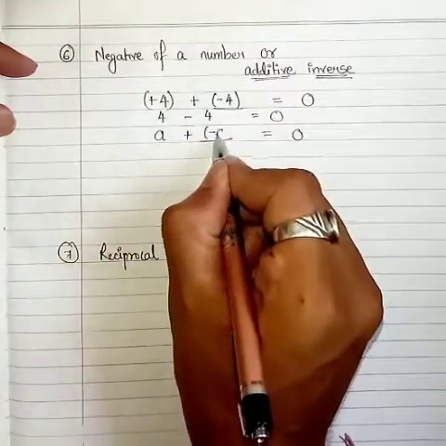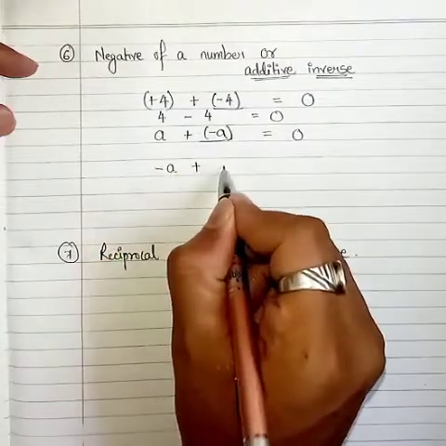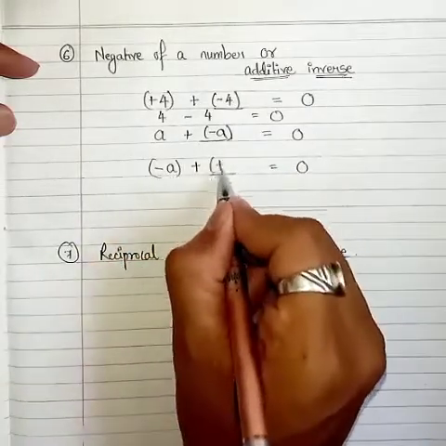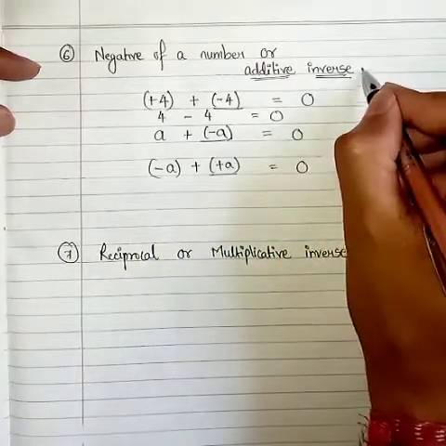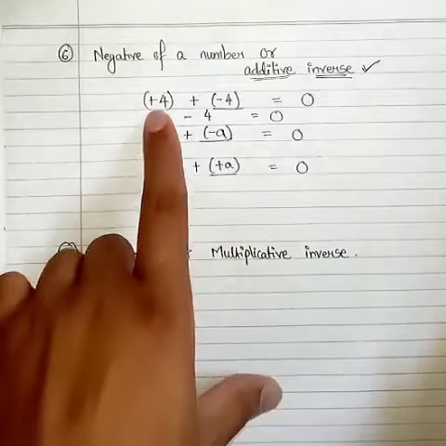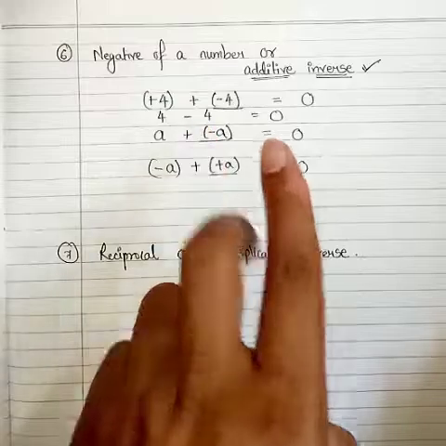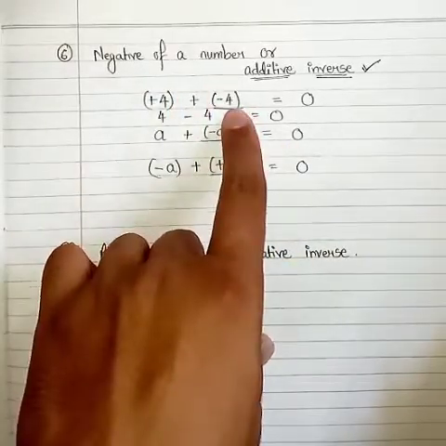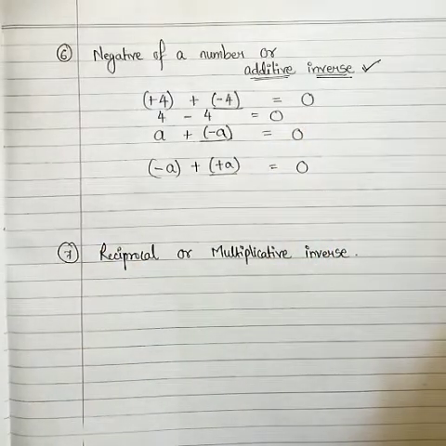या अगर सिंपल कहूँ तो अगर a है तो आप यहाँ पे माइनस a रख दीजिए तो आंसर हो जाएगा 0। अगर माइनस a है तो आप प्लस a कर दीजिए उसमें, तो आपका आंसर आ जाएगा 0। यही होता है एडिटिव इन्वर्स, यानी अगर किसी नंबर में उसका इन्वर्स नंबर जोड़ दिया जाए, जैसे 4 में हमने -4 जोड़ा, इन्वर्स नंबर, यानी उसका उल्टा साइन के साथ वही नंबर, +4 है तो -4, और अगर इन्वर्स नंबर उसमें ऐड कर दिया जाए तो आंसर 0 हो जाएगा, राइट।